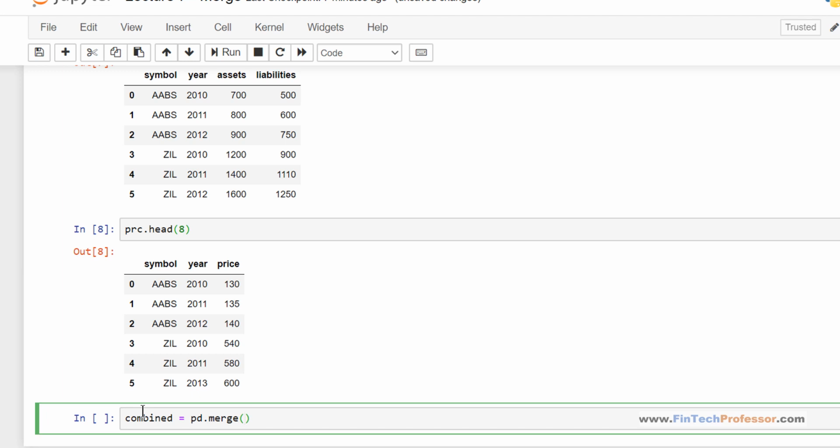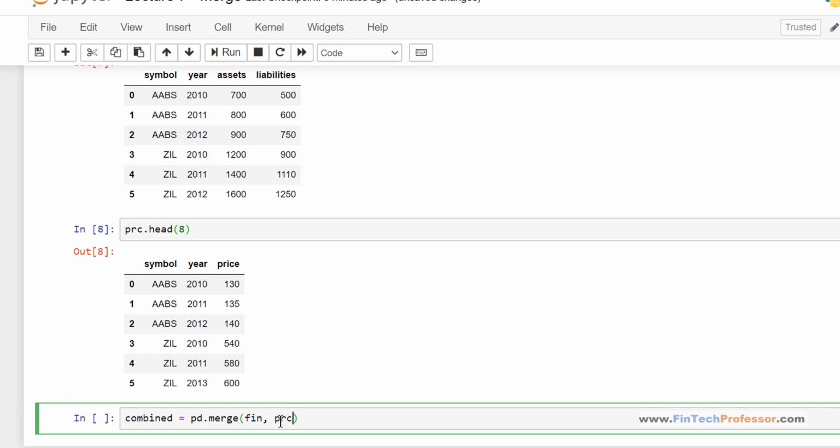It doesn't matter which one you type first. So I'm typing the fin data frame, comma, the prc data frame, and at this stage if I press shift enter, the merge will go ahead and will merge the two data sets.